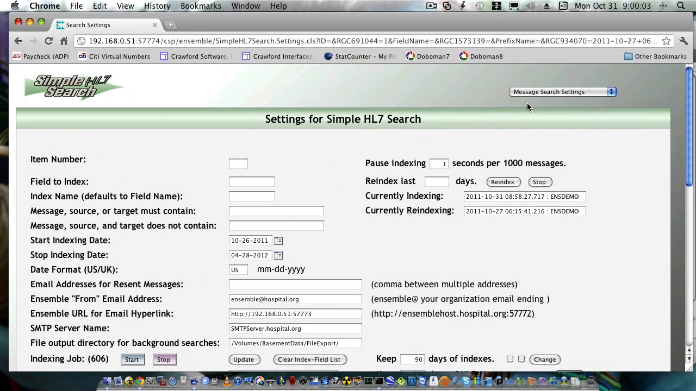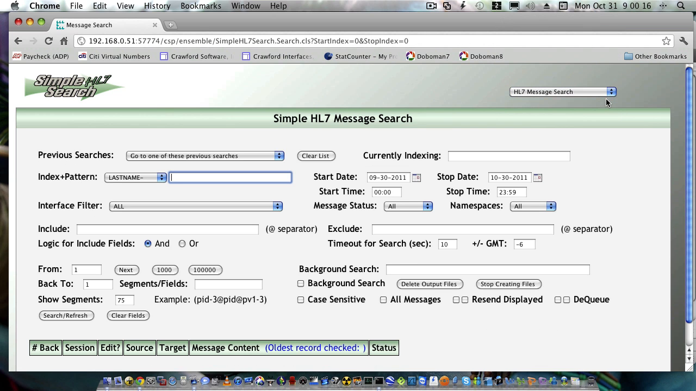Then you go over and make sure that your settings for your background directory are correct and match what you just created. Then you go over to your HL7 message search and you put in the criteria that you want. This is good for